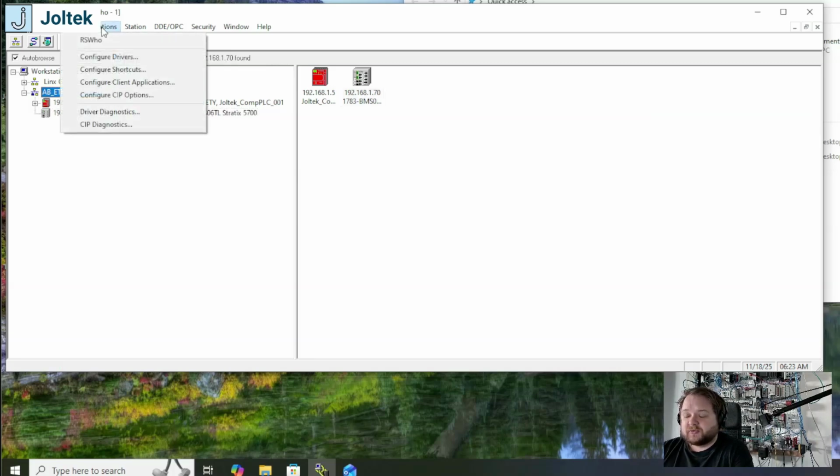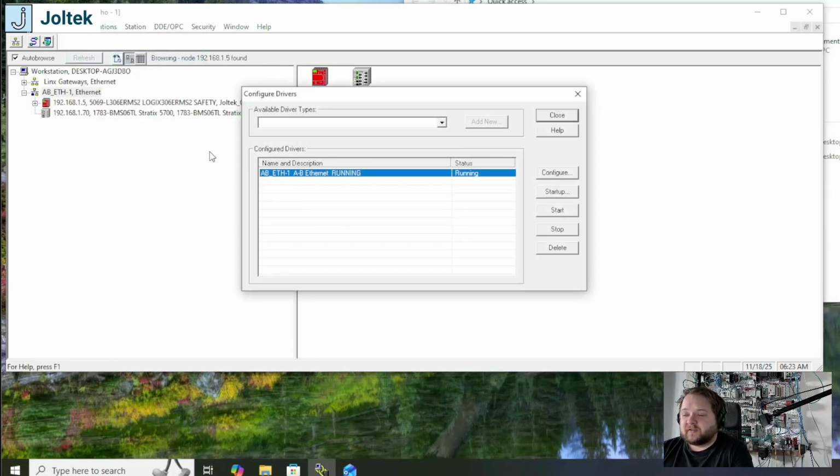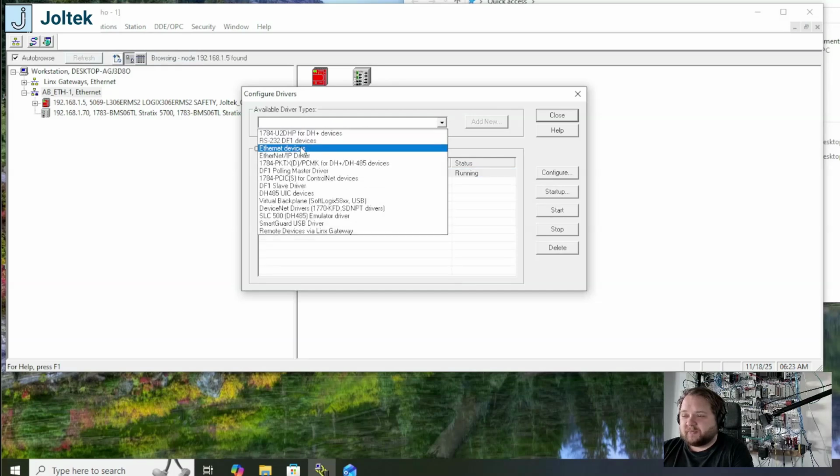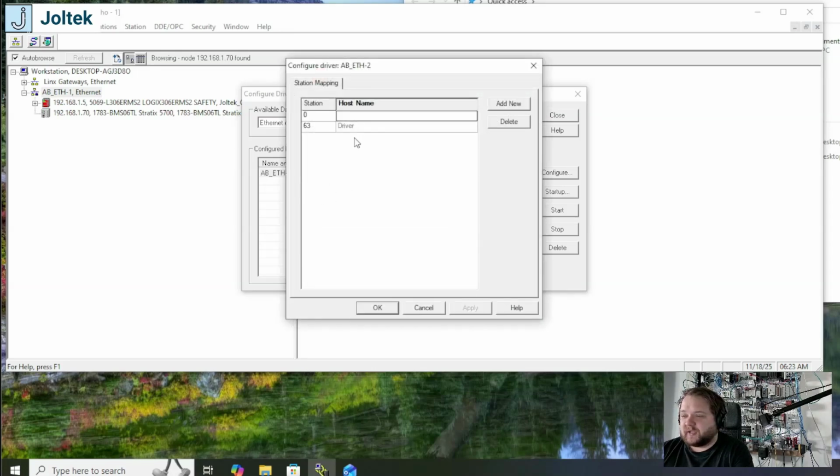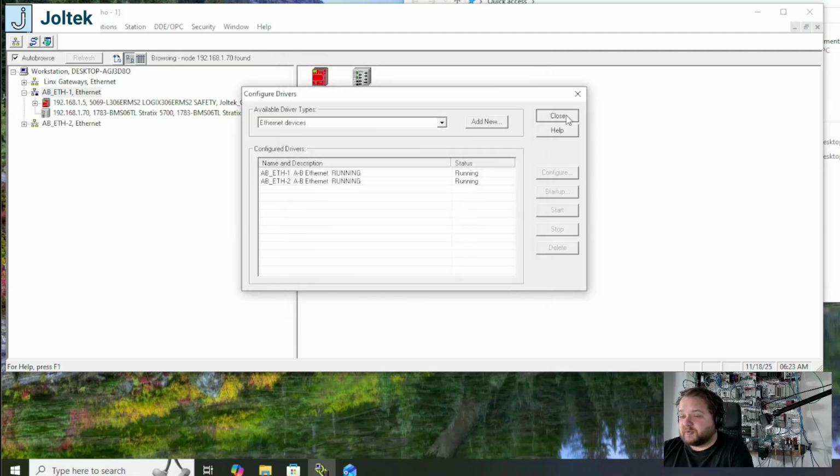So in this case, what I'm going to do is navigate into communication, configure drivers, driver types. I'm going to select Ethernet-based devices, click on Add New. We can leave just the next number in place, press on OK. And here I'm going to have to add my devices. Again, the switch 192.168.1.70. I'm going to press on Add New. 192.168.1.5, and that's going to be on the nameplate of the PLC on the little scrolling bar that we've just seen. I'm going to hit apply, I'm going to hit OK, I'm going to close out of this,